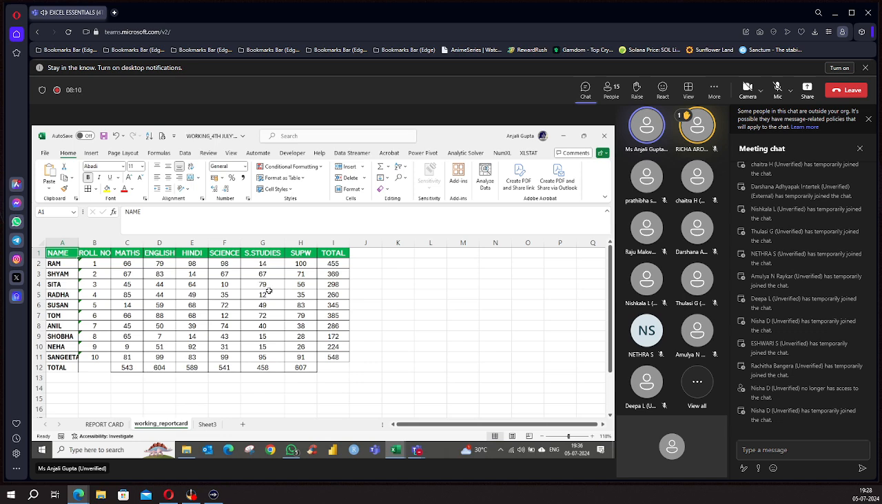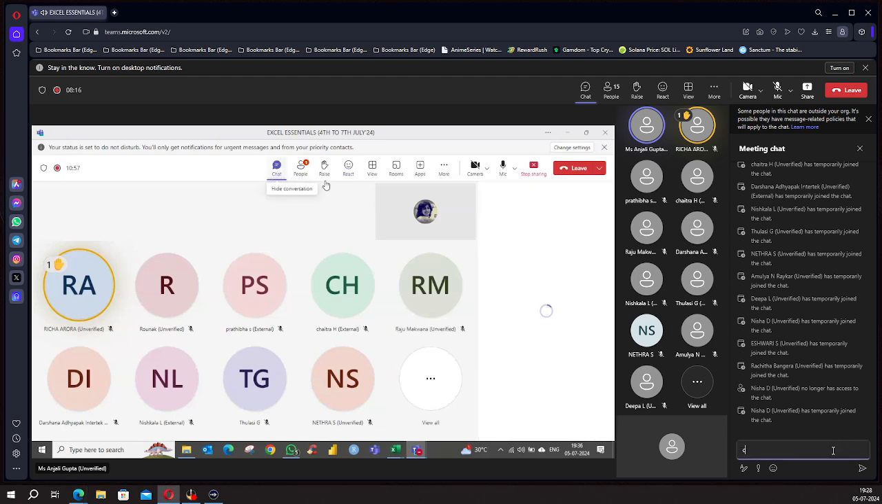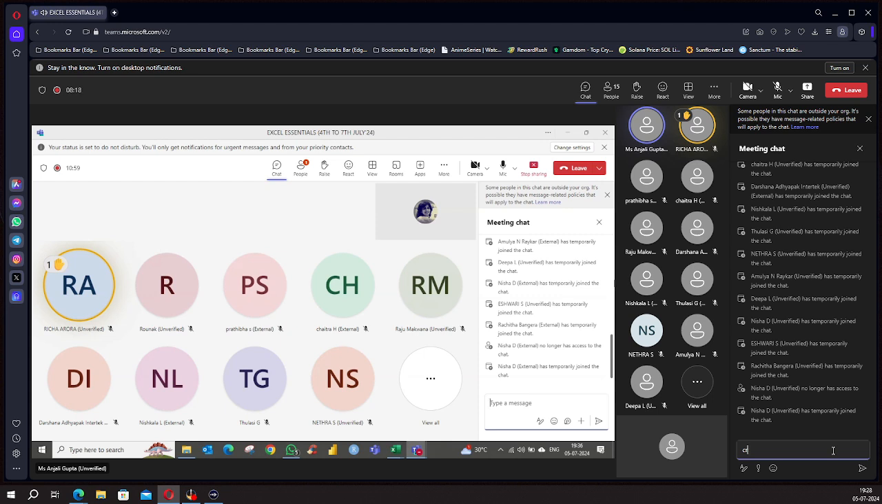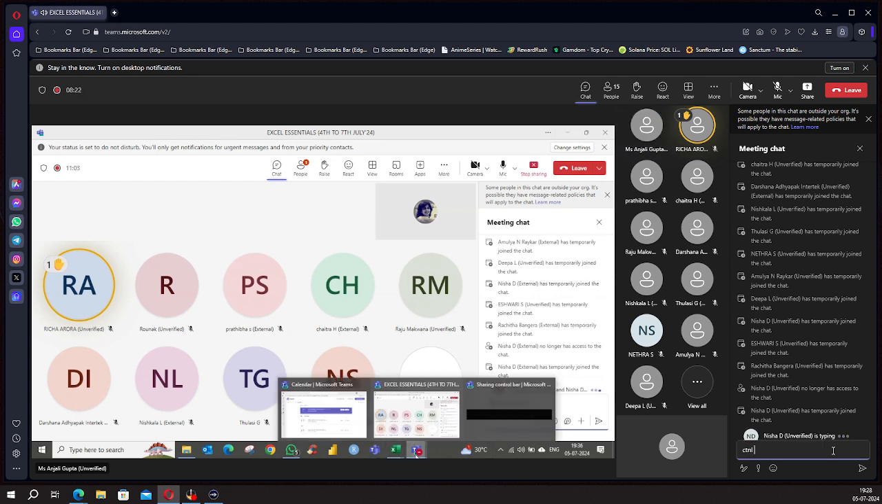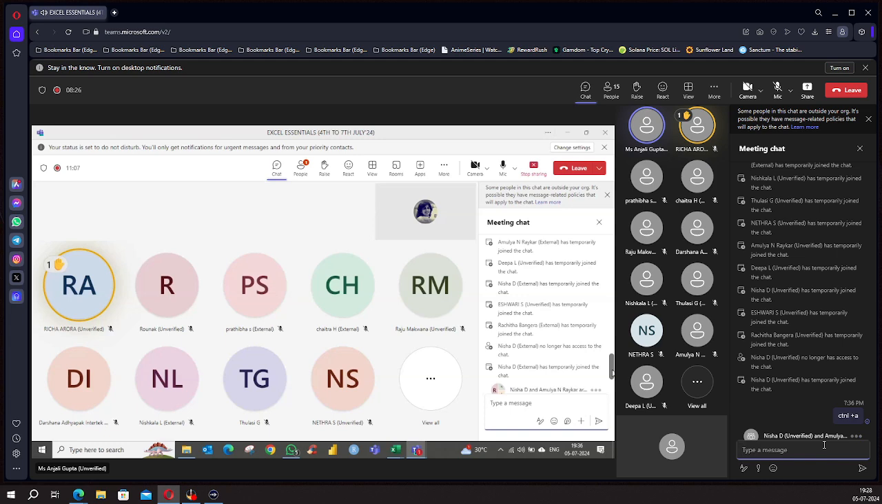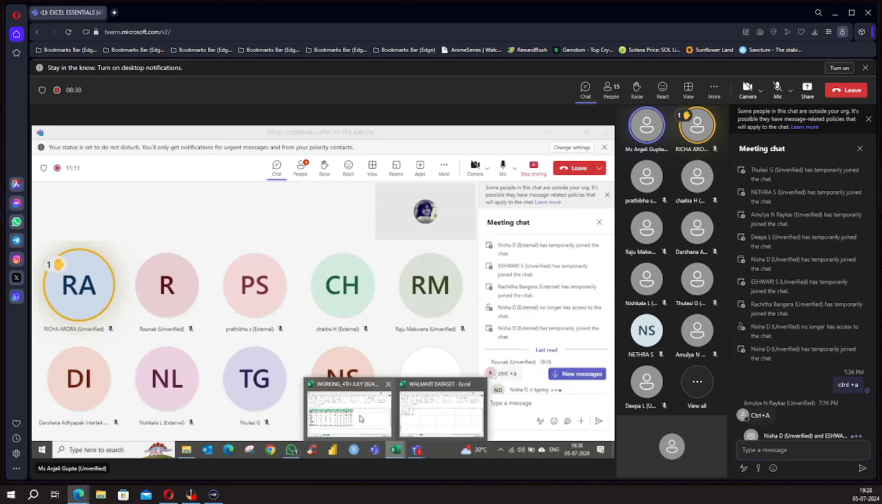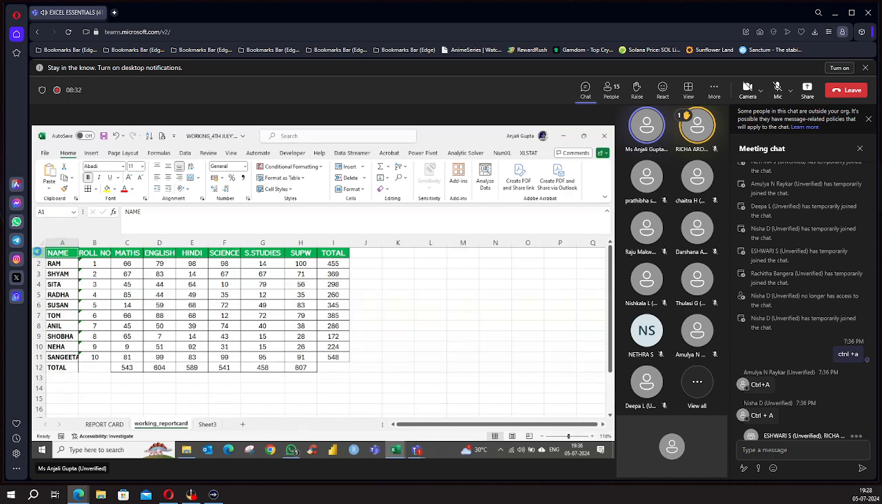What is the shortcut key for selecting the entire data? Please write in the chat box. What is the shortcut key of selecting the entire data? We have done it yesterday. I have told you many times. Control A. Perfect. So I will just select Control A and I will click on